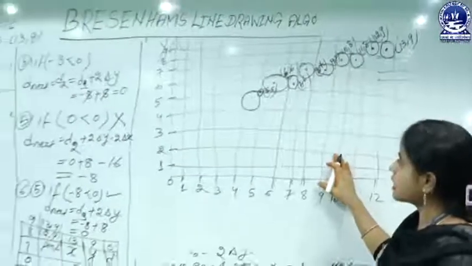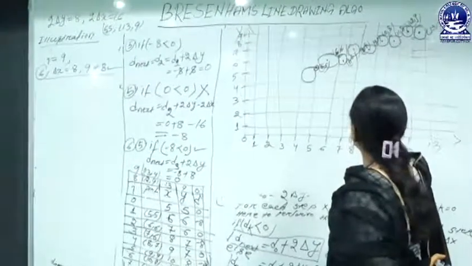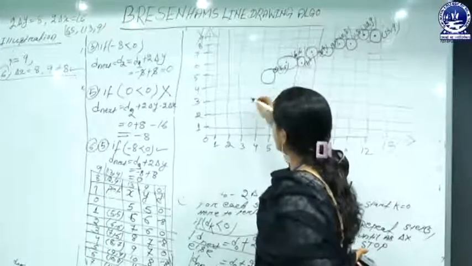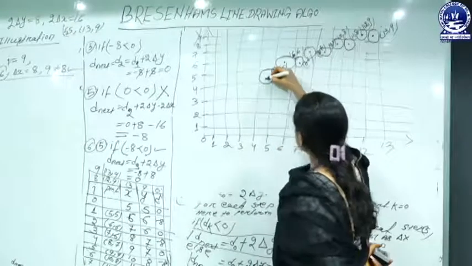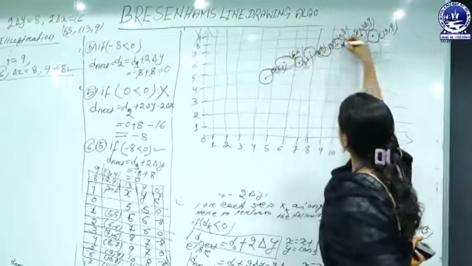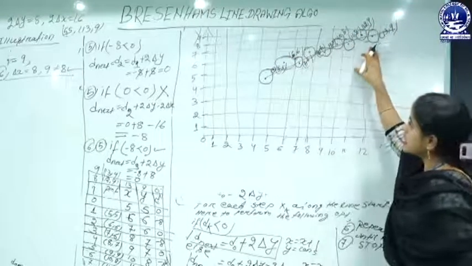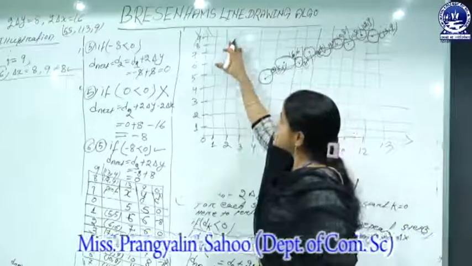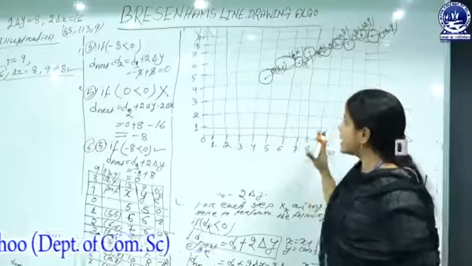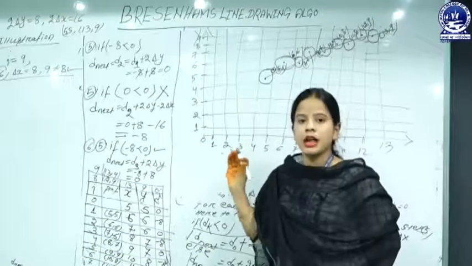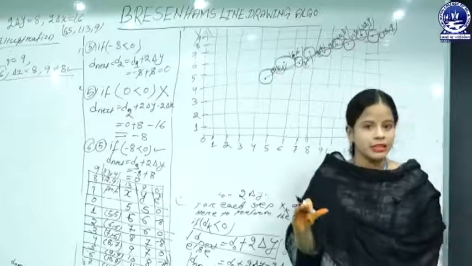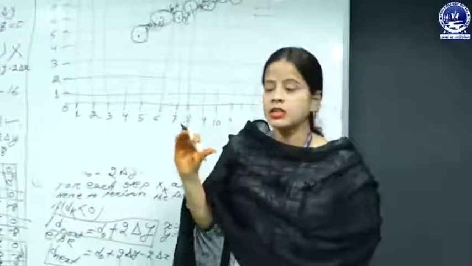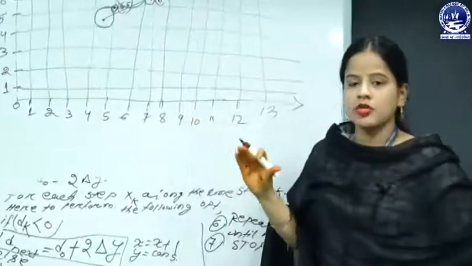When all the coordinate pixel points have been drawn in graphical format, we now have to join these graphical elements from the initial location up to the end coordinate point, and this is the general scan conversion line structure using the rules of Bresenham's line drawing algorithm. That means Bresenham's line drawing algorithm provides a very efficient mechanism through which scan conversion of a line is possible using simple addition and subtraction rules.